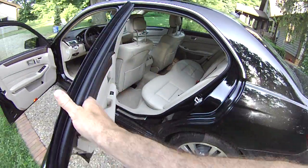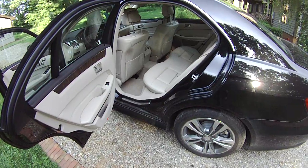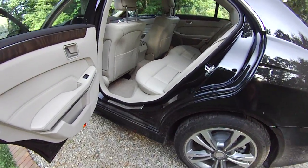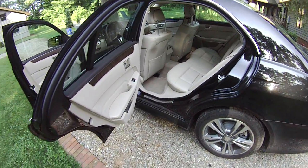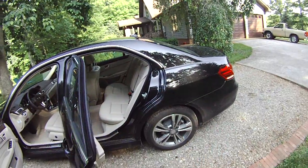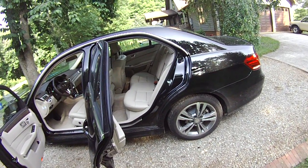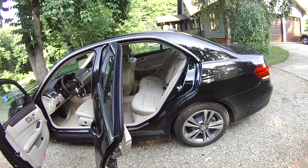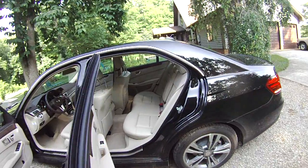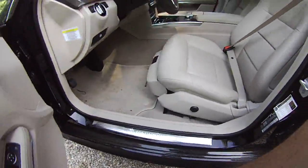One of the deficits potentially of this car relative to some of the others in the segment, it does have a bit less back seat room than in the A6 and the BMW, but you get much better headroom in back than you do in the other two, and that's chiefly because of the more formal roofline. In the other cars, the roofline tends to swoop down more, and as a result of that, you often lose considerably in terms of backseat headroom. In some cases, it's significantly less, as much as more than 2 inches less than in the front seat. Also, you get a nice-sized trunk in this car, considerably bigger than the trunk in either